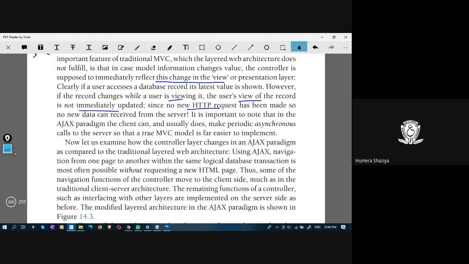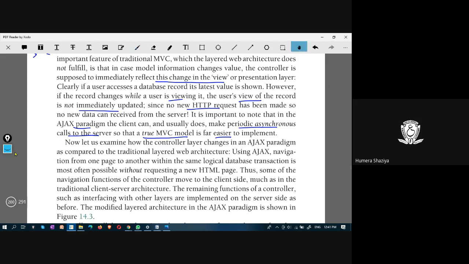Therefore, it will not reflect, so new data would not be received. In the Ajax paradigm, the client can make periodic asynchronous calls to the server so that a true MVC model is easier to implement.